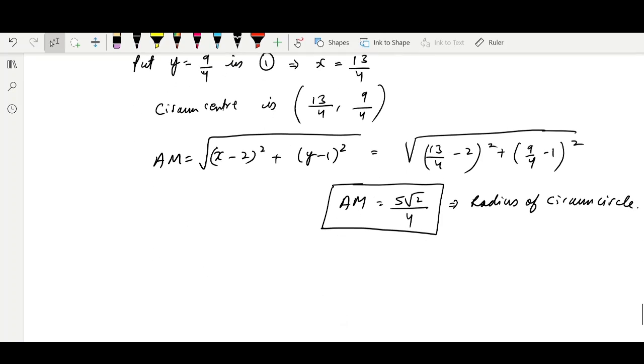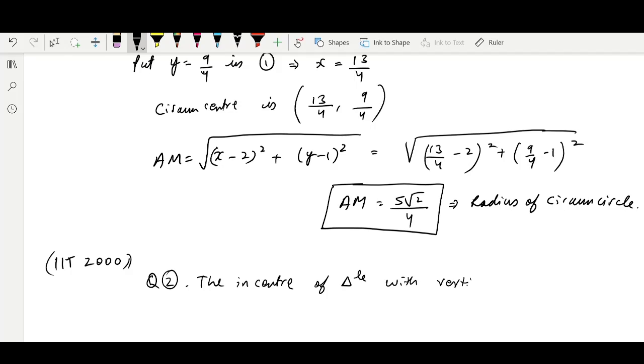So this question has been asked in IIT 2000. Let me phrase this question. This question is question 2. The incentre of the triangle with vertices 1 comma root 3, 0 comma 0 and 2 comma 0 is, and the options are